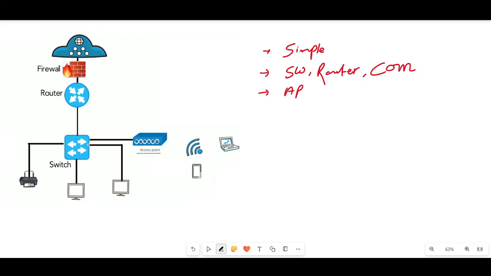That means it works with MAC addresses and it has the duty to forward the packet to a specific particular device. Now if you want to communicate with the public internet, then you need to connect with a router. Clear? And if you want to protect your own network, then you need a firewall. There are many companies that provide firewall services.